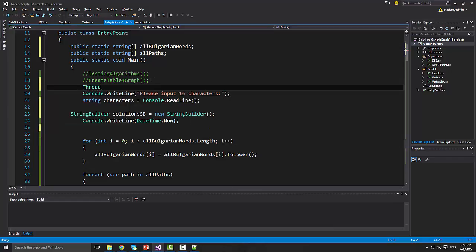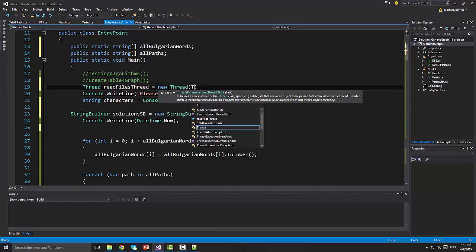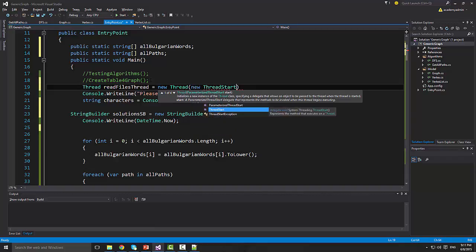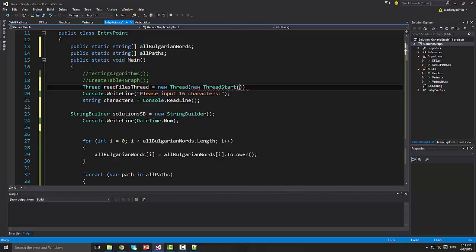So Thread, and I want to say readFilesThread equals new Thread, and inside here I have to give a delegate, or if you want to think of it that way, I just have to give a function to be executed. So here I'm going to create some method which is going to be called ReadFiles,